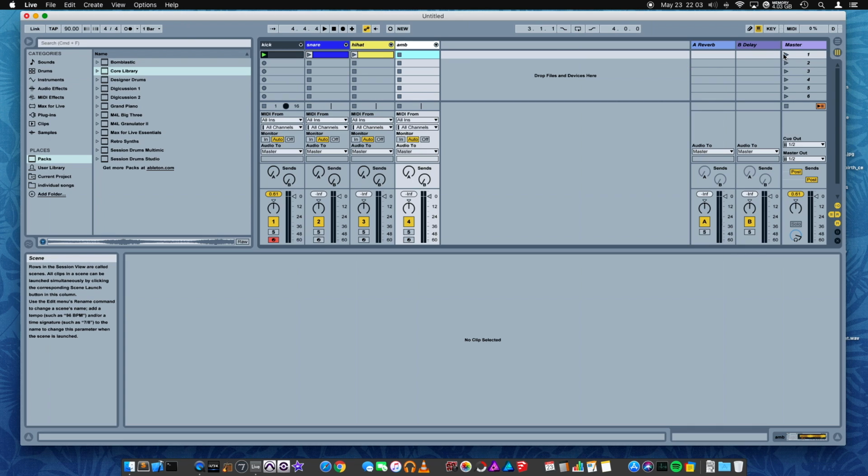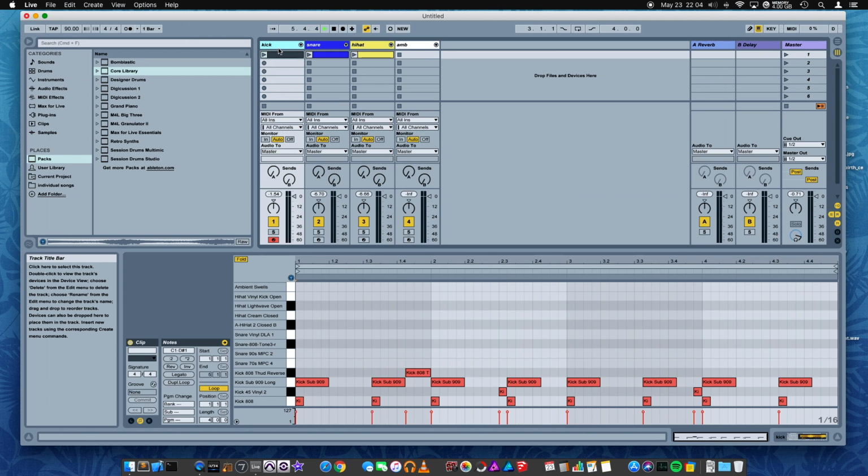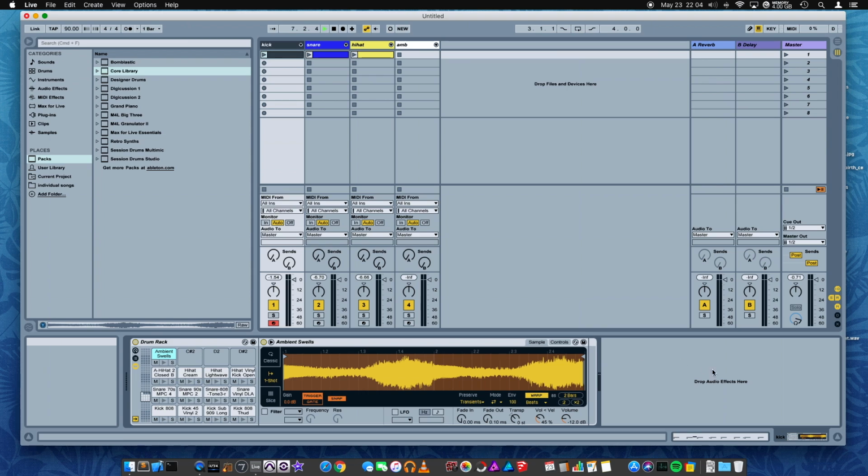We can add it later. But so I'm gonna hit 1, right? This 1 over here triggers this whole row. And when I do that, it'll sound the same. It'll sound like the drum beat we had. But now they're separated into the separate tracks. So I'm gonna hit stop down here. Stops it all. And what I can do now is go into my kick, and I can drop audio effects